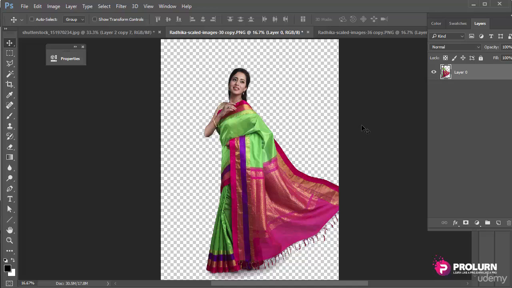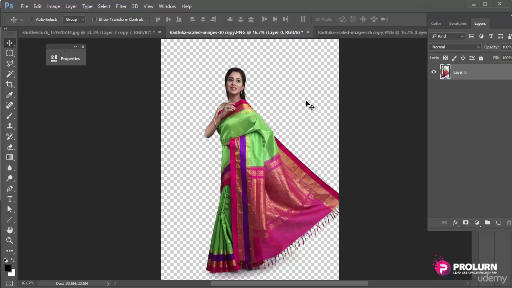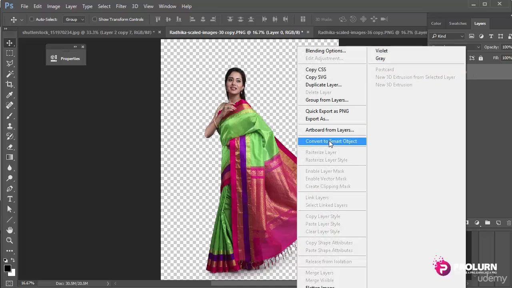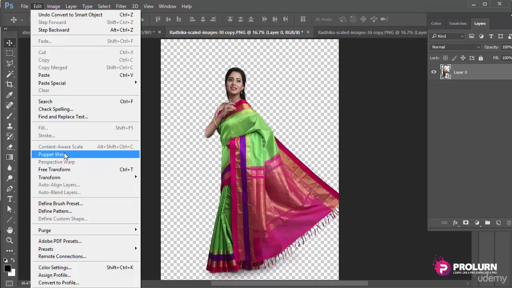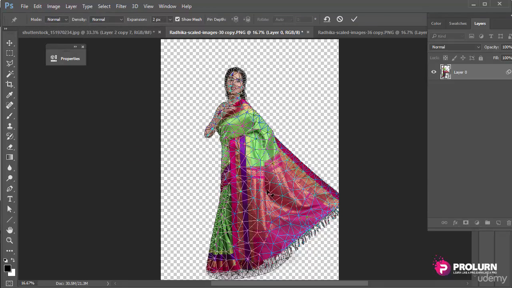So there is a technique to use Puppet Warp, and this is not the right technique unless you are in a rush, or you're in a hurry. So the proper way of using Puppet Warp is right-click on this layer, say Convert to Smart Object, and now go to Edit and say Puppet Warp. And now